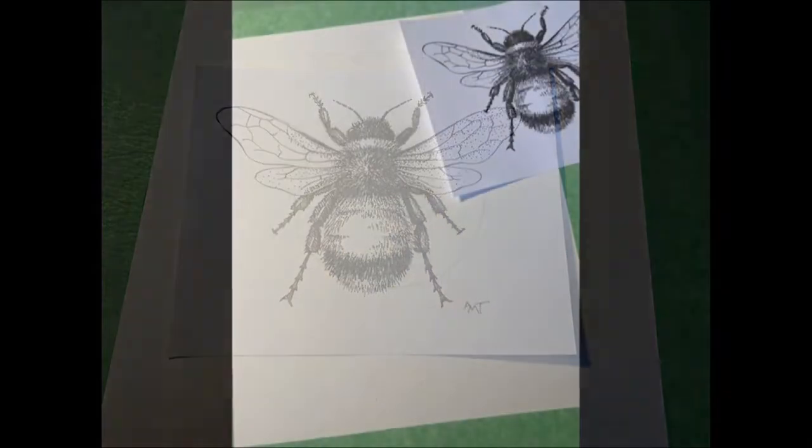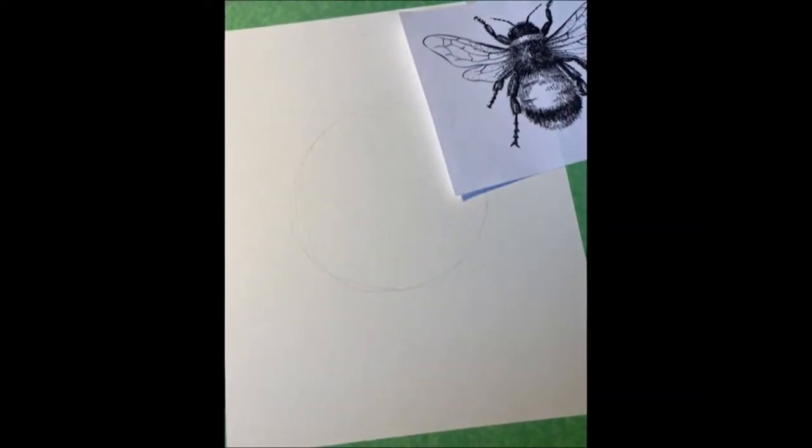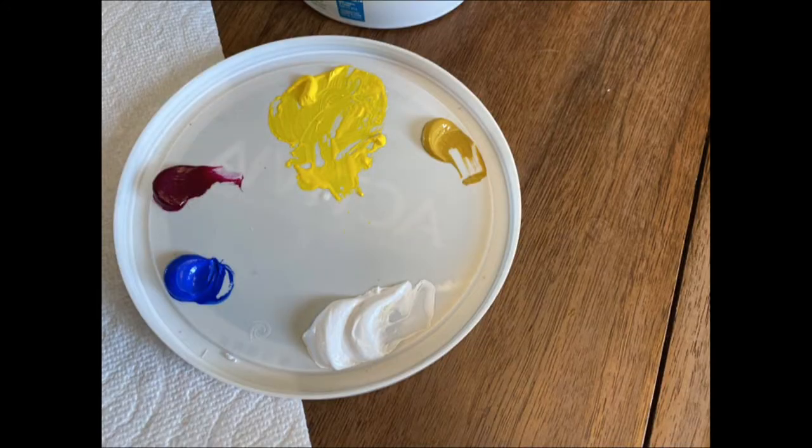I measure my bee and I make a circle about the size of the bee for the center of my flower. I choose my paint,